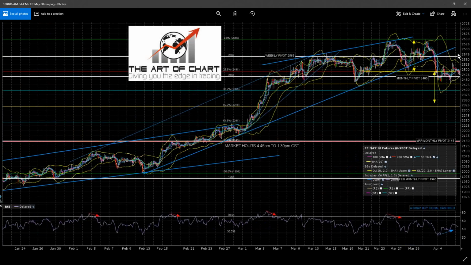I really like this head and shoulders, and I've got daily sell signals here, so I'm expecting to see some more rally, probably a nice short from the weekly pivot down into, I don't know, 25 area, I think. This is a nice looking setup. That takes us pretty much back to the 61.8% fib retracement.